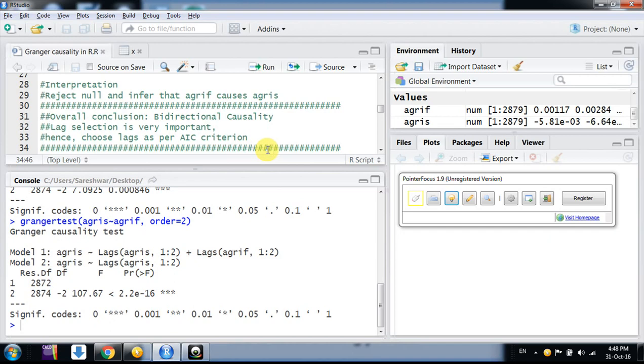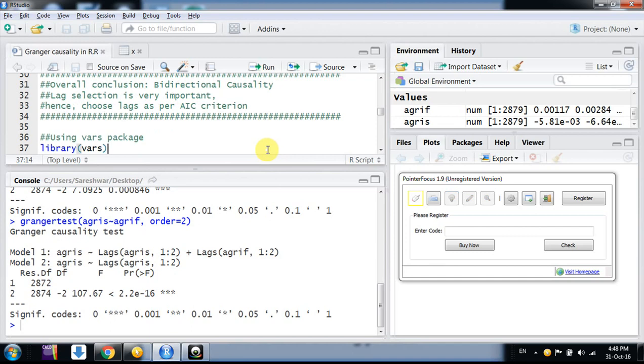Okay friends, R also provides one more package, vars. If we use that, it would automatically give us a VAR model that is best on the AIC criteria. You don't need to try all the values and select the best model as per the AIC criteria. It will do that automatically, and you can run a more robust Granger causality test. It will save your time. So in the next video I will show how to use the vars package to conduct the Granger causality test.